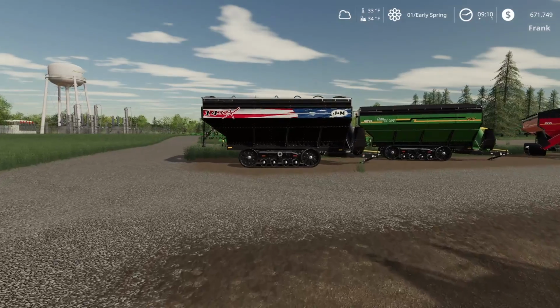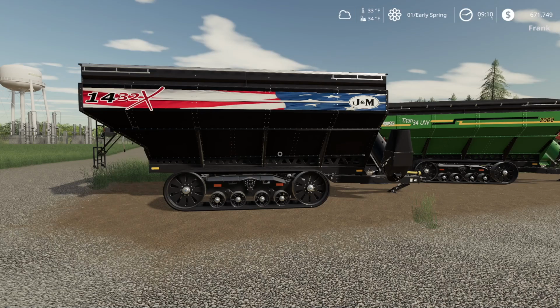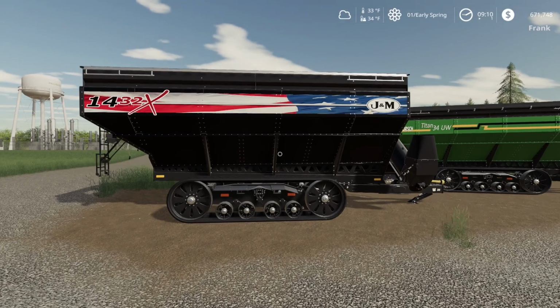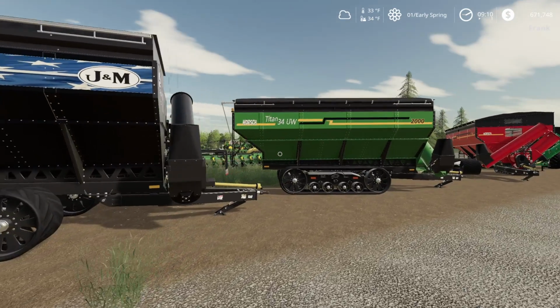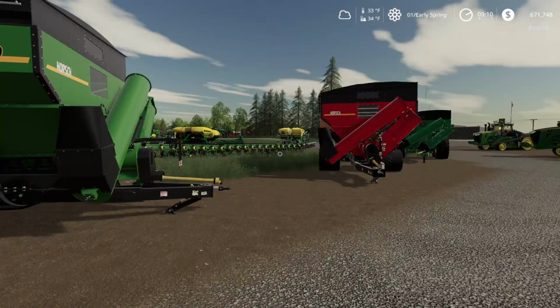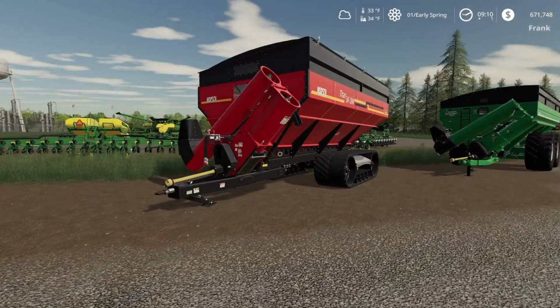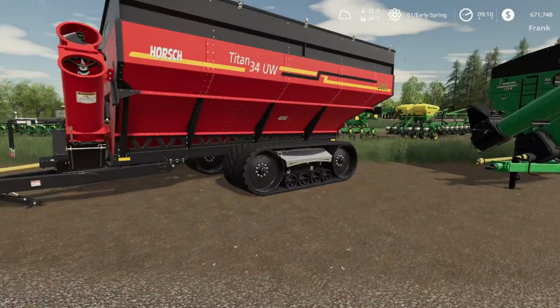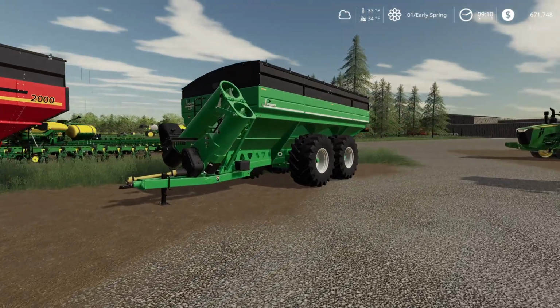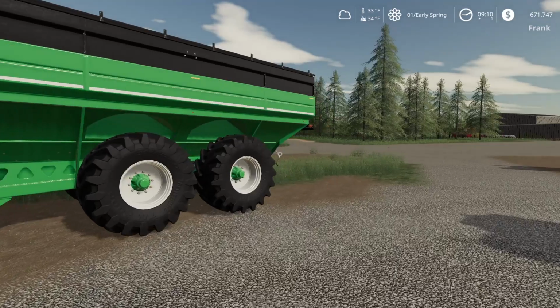Looks like we got a couple auger wagons here. J&M, the Millennial Farmer Edition, 1432X. You got a Titan, a Horsch, I believe this is a Horsch also. Both of them are tracks. Looks like this red one has a little wider tracks. Could be wrong with that. And you got the Parker with the duals. The big, I think those are floaters, but